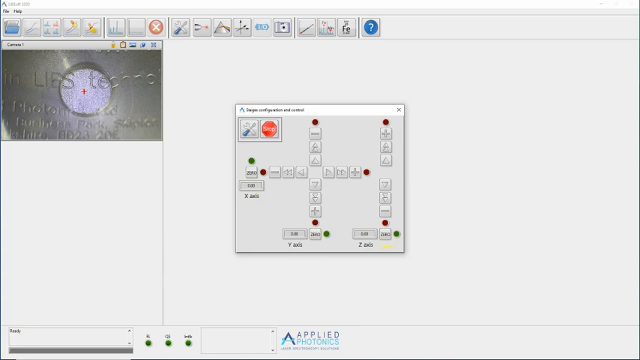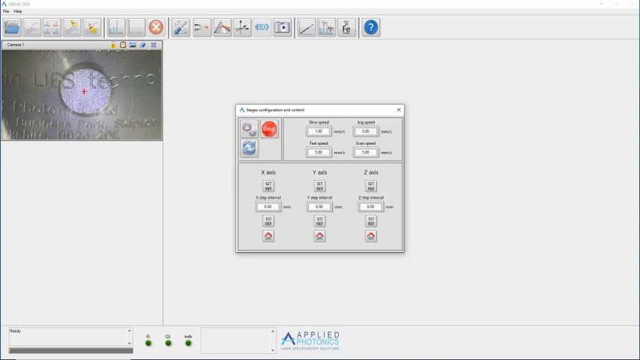In the top left-hand corner of the screen are two further buttons. The stop button, this one here, will halt the movement of all stages. The second button displays the stages configuration screen that allows configuration of the movement parameters for the stages. So if we select that one,